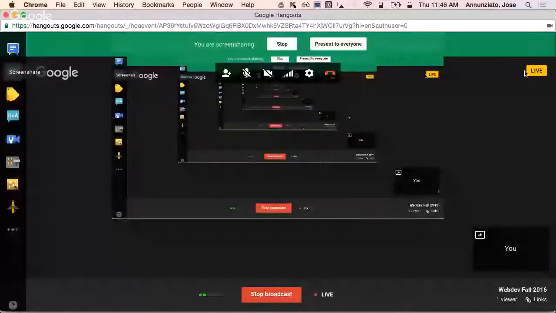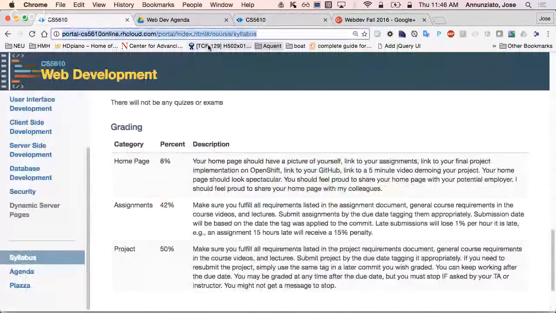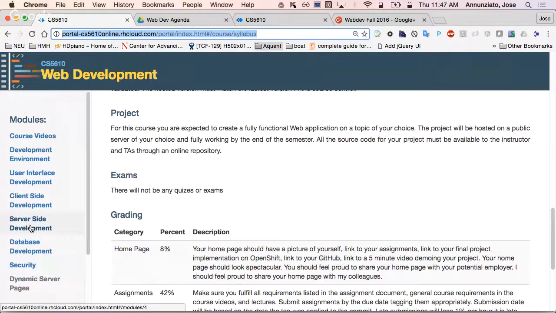There's a website for this. The website is portal CS5610 online rhcloud.com. That automatically takes you to the portal side of this. And here you'll find all the assignments, all the topics. As you notice, this video is being recorded, and it will be available on this website at some point later today. If you click on the course videos, you'll notice that these are videos